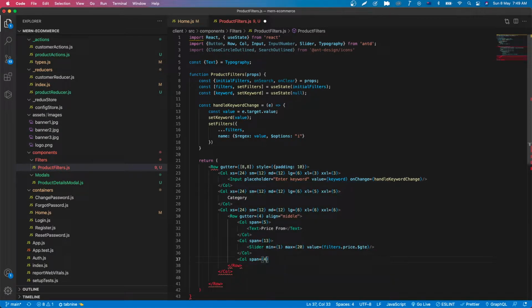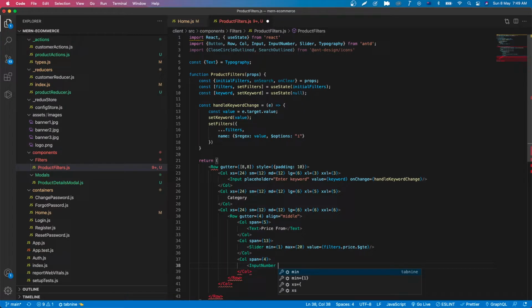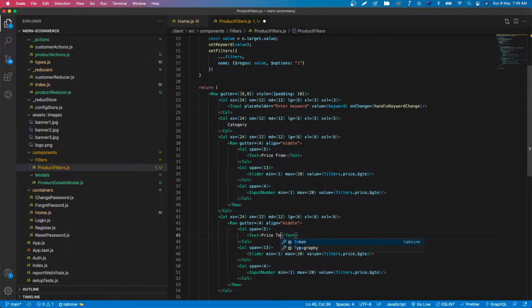The span is 4, and let's put the input number here. The min is 1 and so on. Max 20, value filters price GTE, and we will copy the whole column for the price too. Change it to price 2. Just modify it to LTE, less than or equal to, and finally